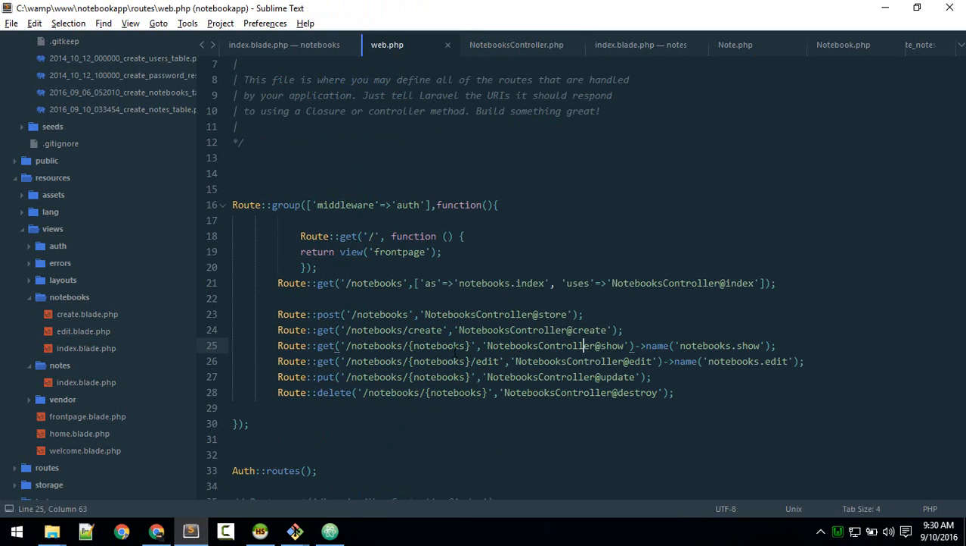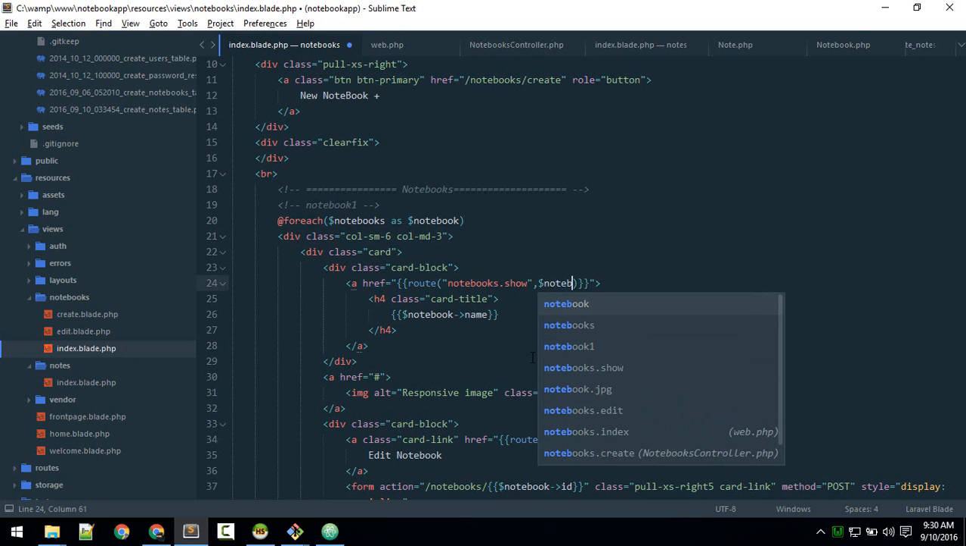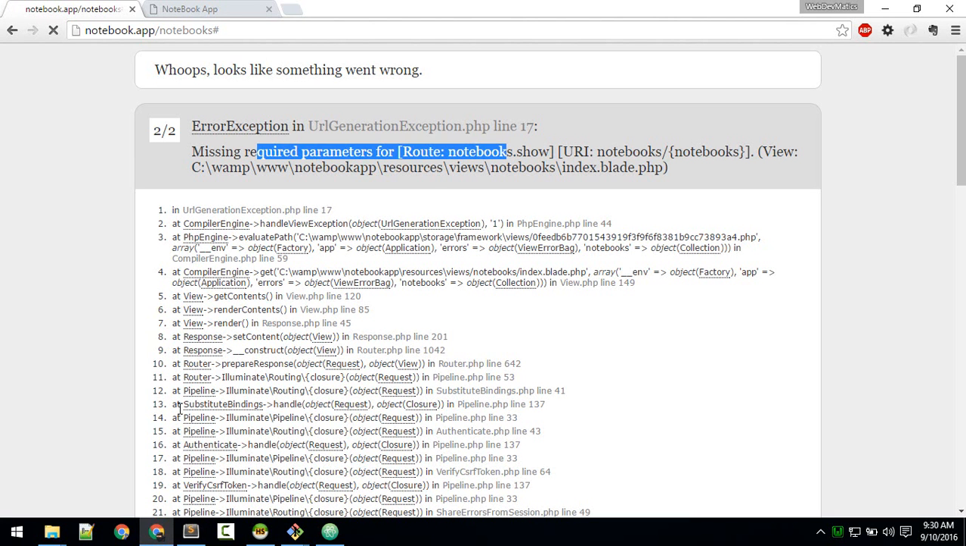So notebook.show is requiring one parameter, an id. In our notebooks index we are not passing any parameter with that. So here, comma, and pass the notebook id, so that it can use the parameter to show us the notes. Now if we refresh that,